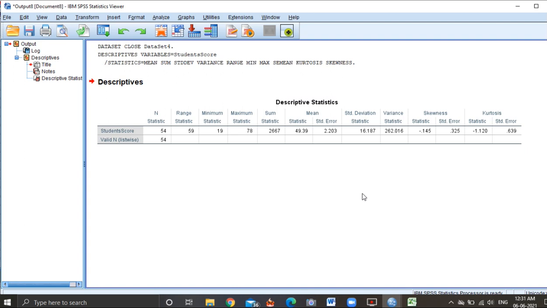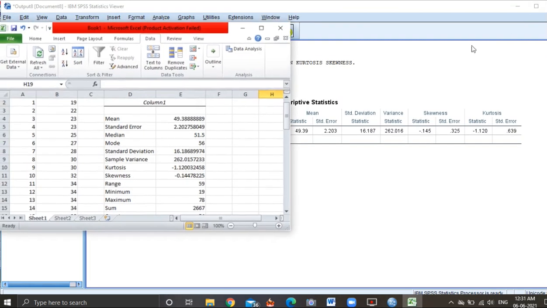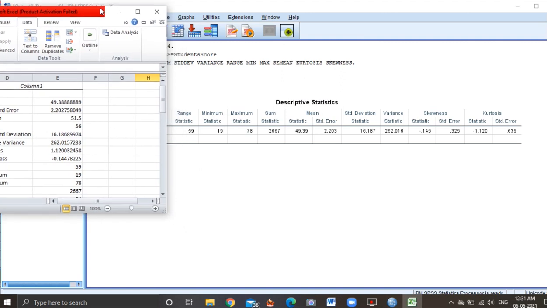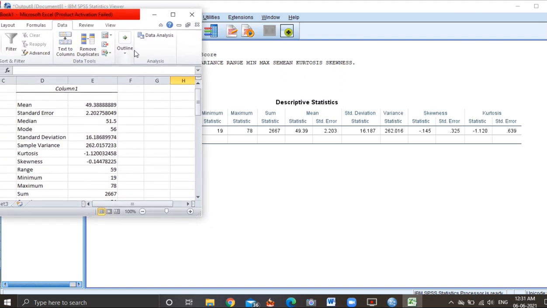So these are the values of the descriptive statistics. We will compare these two outputs now. Here you can see that the mean is 49.38. Here also it is 49.38.